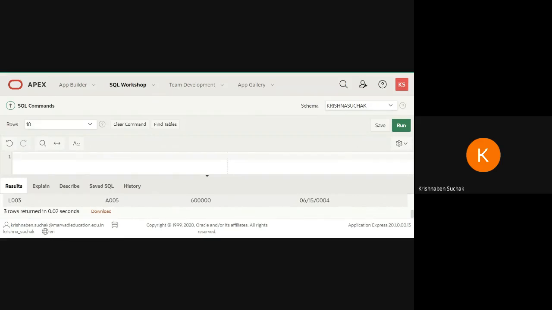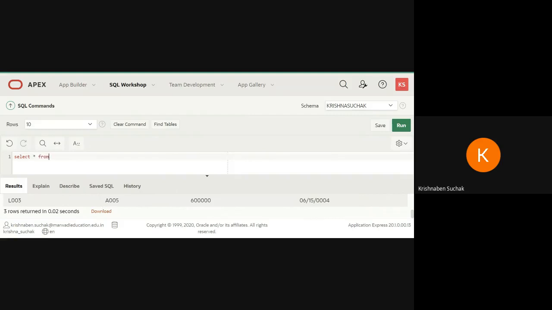Okay, so what I am doing here, select. Wherever you want to display something, you always have to use the select query. Okay, if there is any constraint, then you have to apply that constraint, but you have to use the select query.